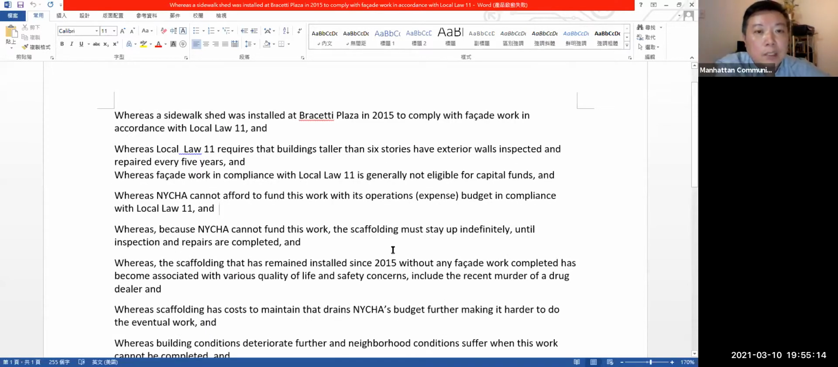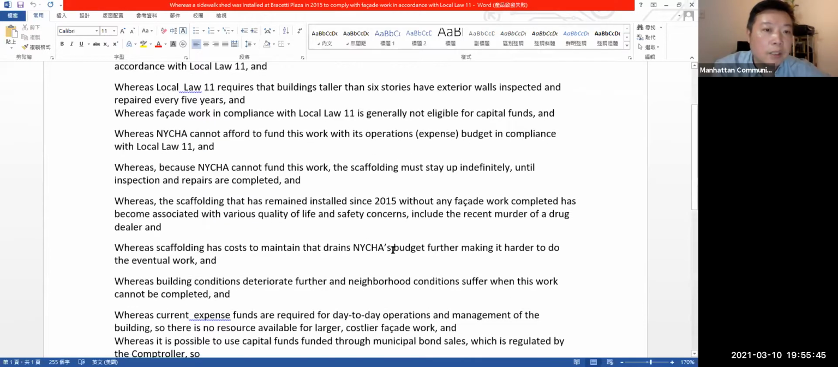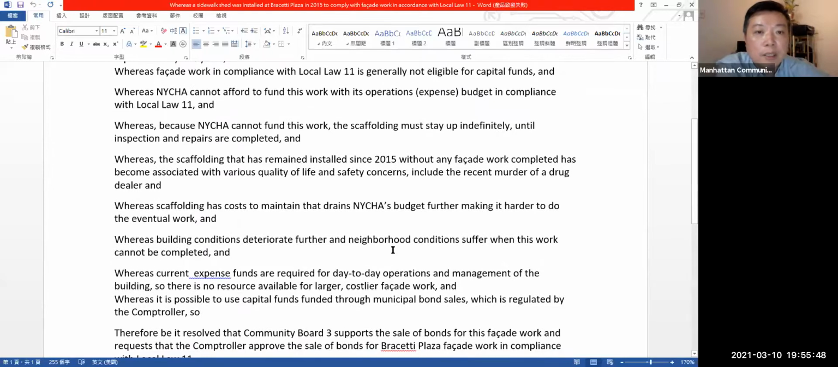Whereas a sidewalk shed was installed at Bracetti Plaza in 2015 to comply with facade work in accordance with Local Law 11, and whereas Local Law 11 requires that buildings taller than 6 stories have exterior walls inspected and repaired every 5 years, and whereas facade work in compliance with Local Law 11 is generally not eligible for capital funds, and whereas NYCHA cannot afford to fund this work with its operating expense budget, and whereas because NYCHA cannot fund this work, the scaffolding must stay up indefinitely until inspection and repairs are completed,